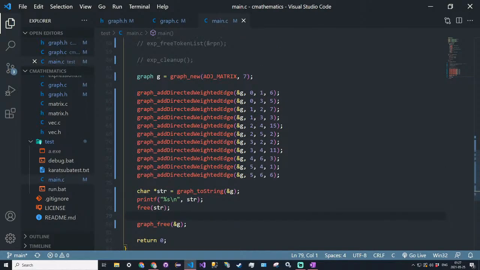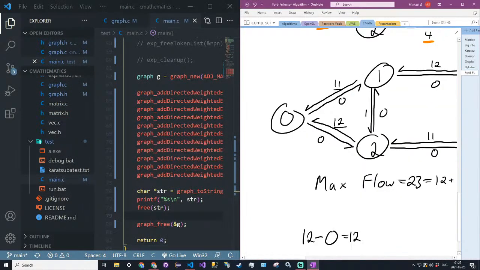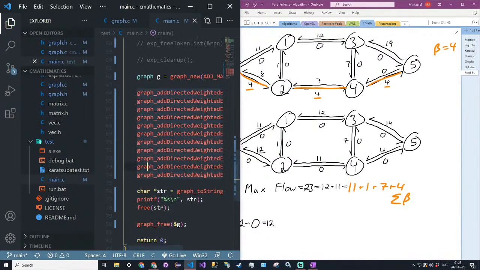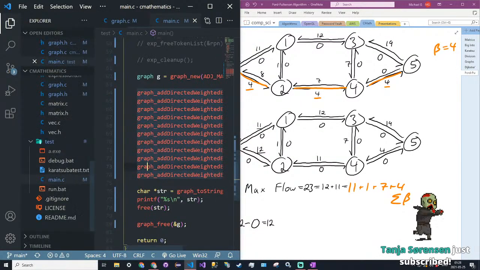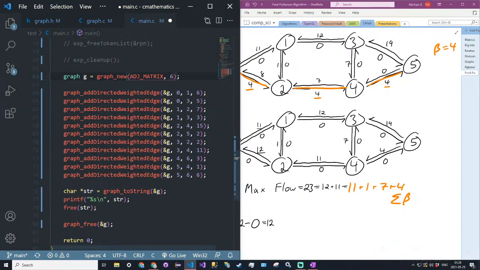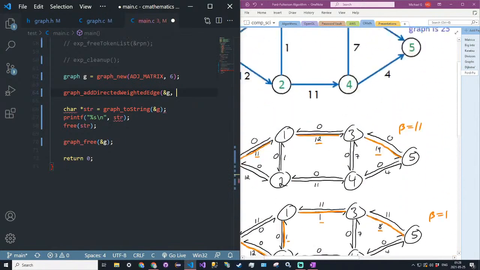Alright, so let's look at our... Alright, so we have 6 nodes here. Oh, what is that? Alright, so we have an edge from